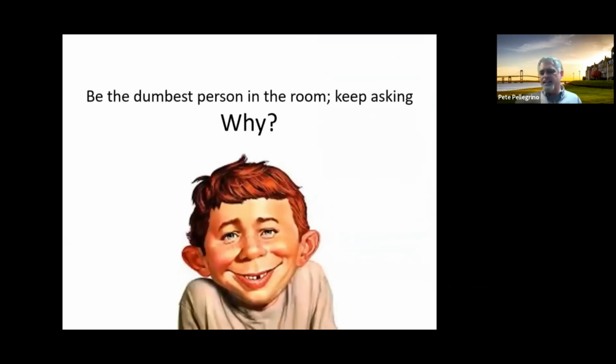But one of the techniques that I think you can always apply is this idea of just be the dumbest guy in the room. I do this all the time. It's plausible. Really, you're using this as a mechanism to force people to explain things. I've often led from this, and it's a typical facilitator technique, where you sit there and say, okay, I'm not an expert in this field, so really help me to understand.